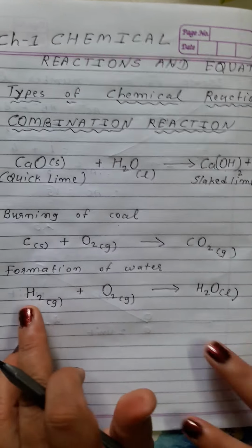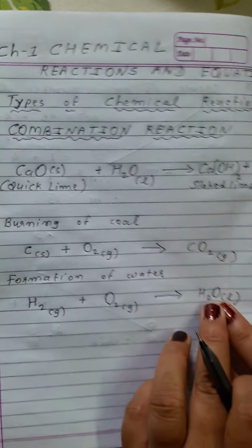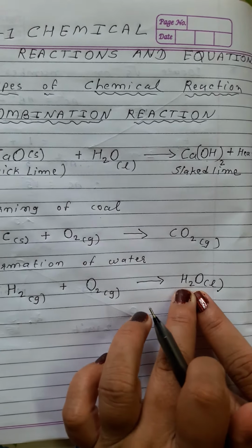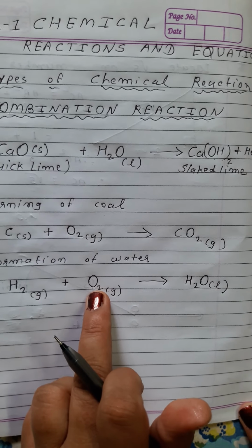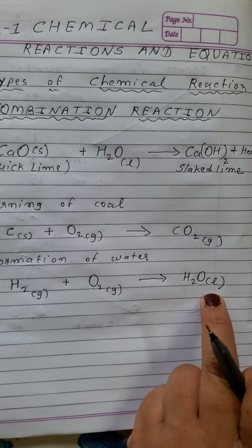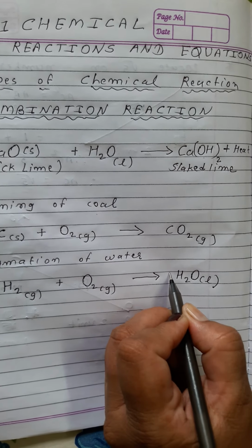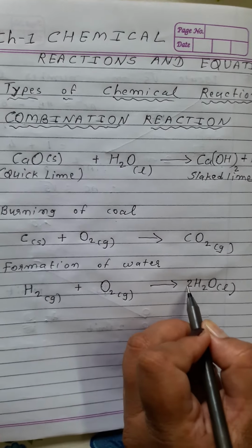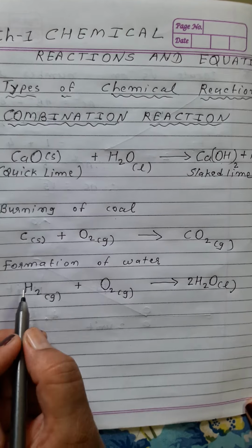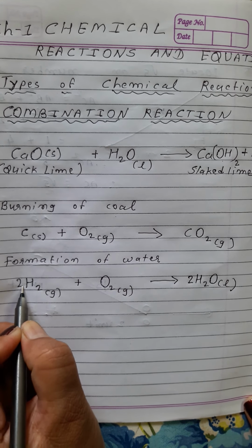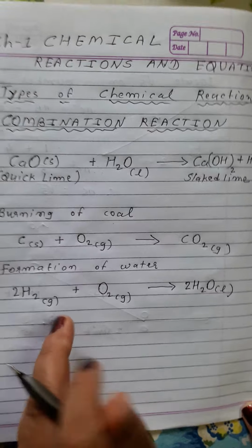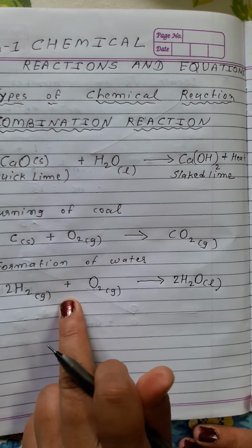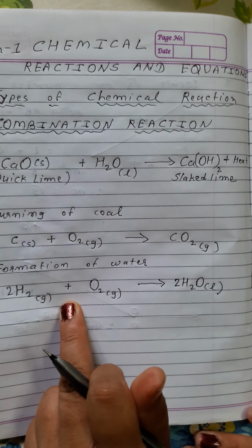Now here in the reactant there are 2 hydrogen, in the product there are 2 hydrogen. So hydrogen atoms are the same, but in the reactant there are 2 oxygen, in the product 1 oxygen. So we have to balance the oxygen atoms here. So 2 oxygen, 2 oxygen. But here hydrogen atoms are 2, 2 twos are 4, so here also we have to put 2. So 2 twos are 4 hydrogen. So hydrogen and oxygen are the same on both sides. So the equation is balanced.